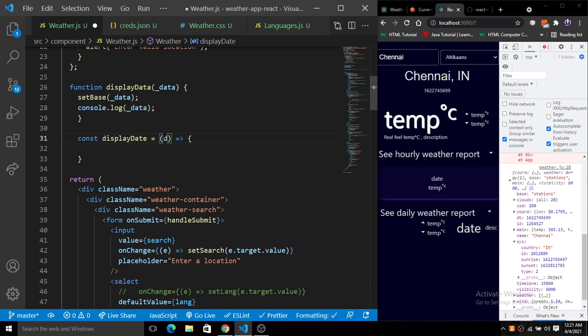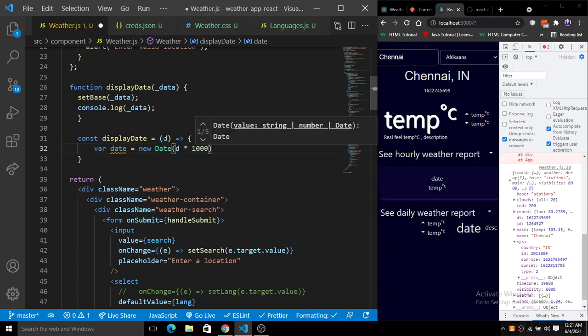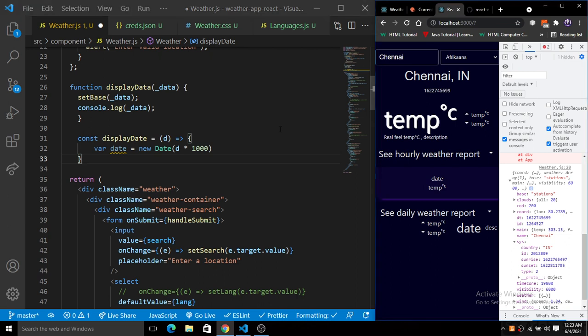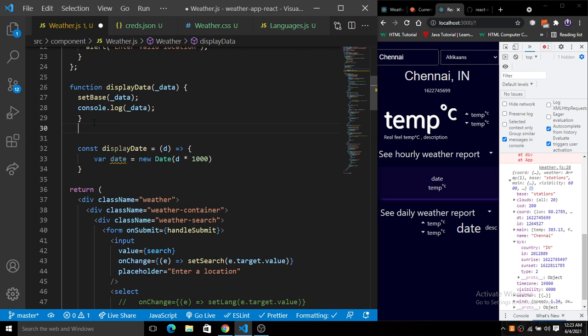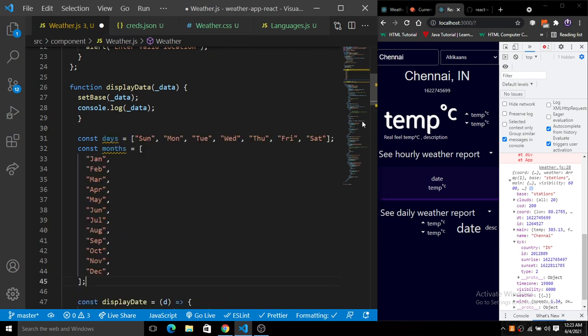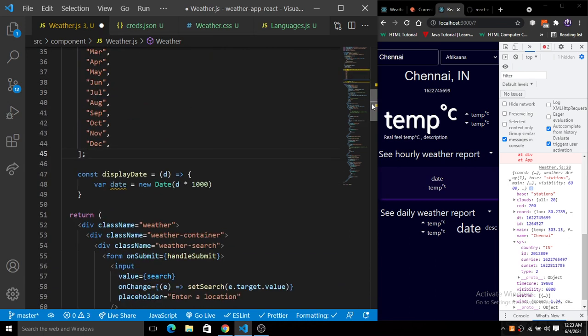Let's create a date variable here, with a new date of d, and we multiply it by 1000 to convert it to the actual date, because it is a Unix timestamp. First, we will create arrays for the days and the months.